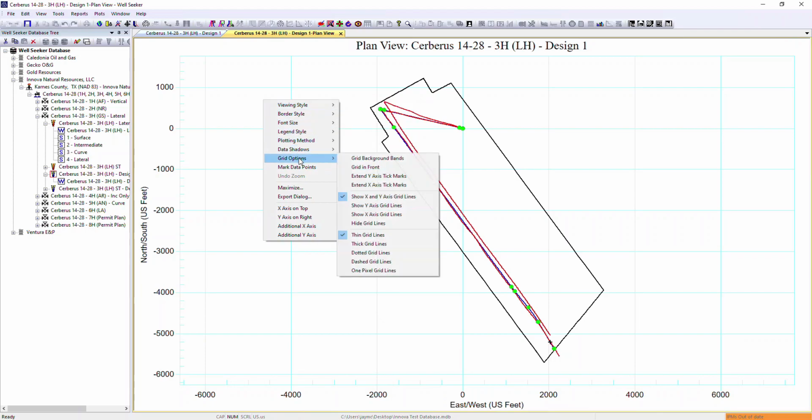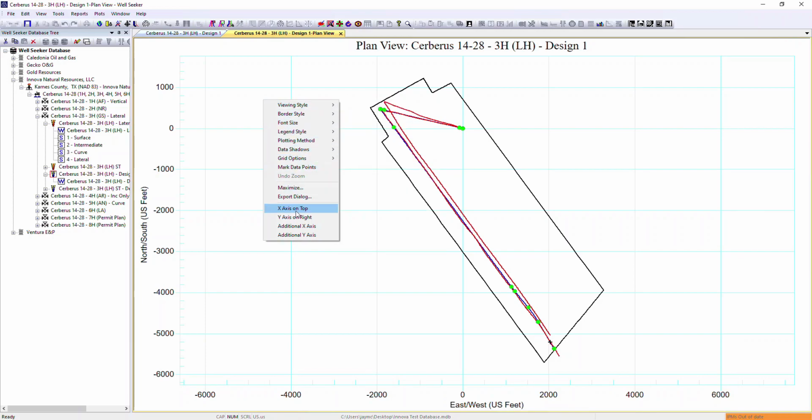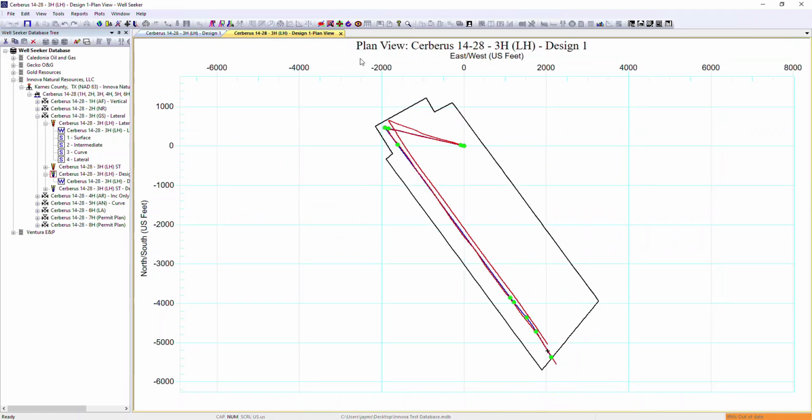The only thing to point out here that is not available within the chart properties are these options at the bottom, and they relate to additional axes, whether it's an x-axis at the top, y-axis to the right, or the option here to have an additional x and additional y, which will mean that you will have axes all the way around. So if I check x-axis on top,